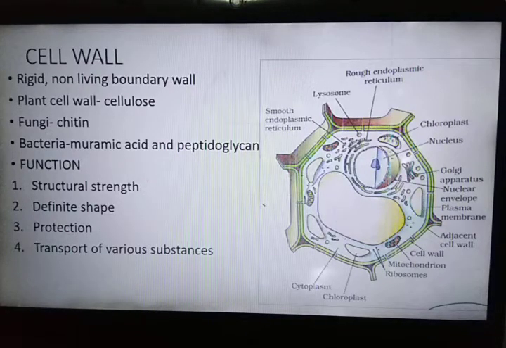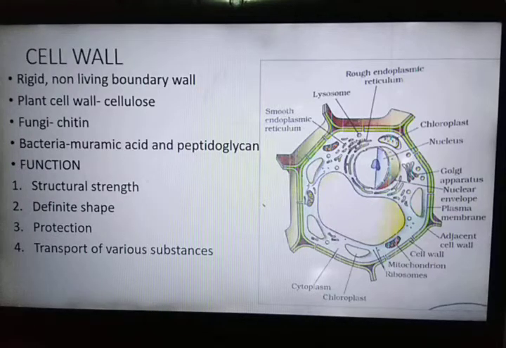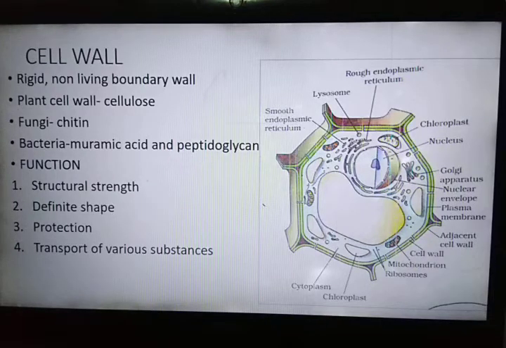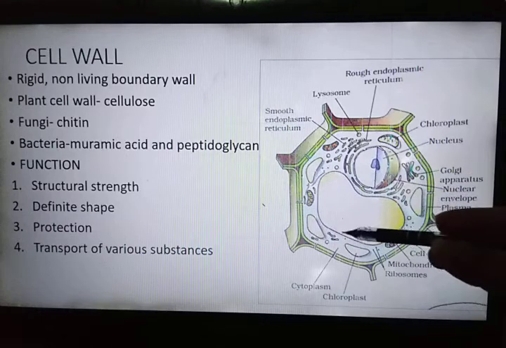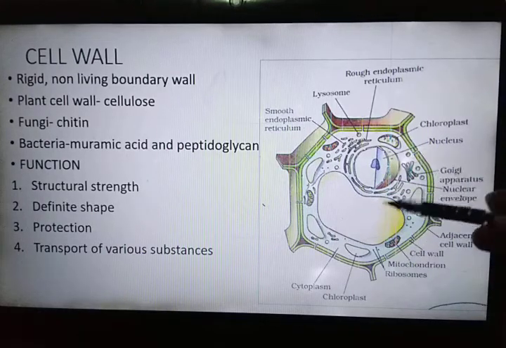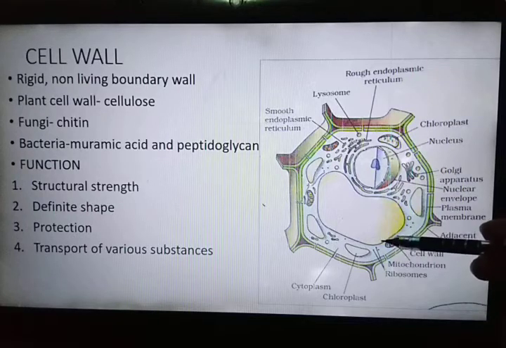The next question is, when does plasmolysis take place? When we keep a plant cell in a hypertonic solution, then plasmolysis occurs. Why does plasmolysis take place in a hypertonic solution? Because in a hypertonic solution, the concentration of water molecules is less as compared to the living cell, which results in the loss of water by the plant cell to the solution, which results in the shrinkage of the inner content or cytoplasm of the cell away from the cell wall. This process is known as plasmolysis.